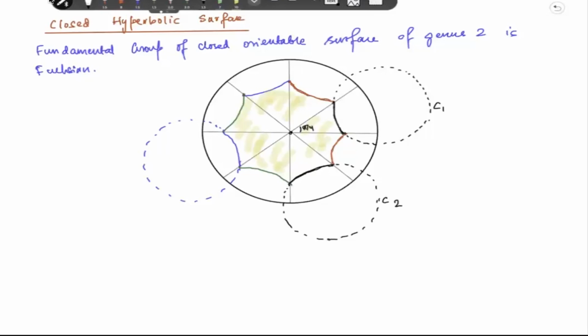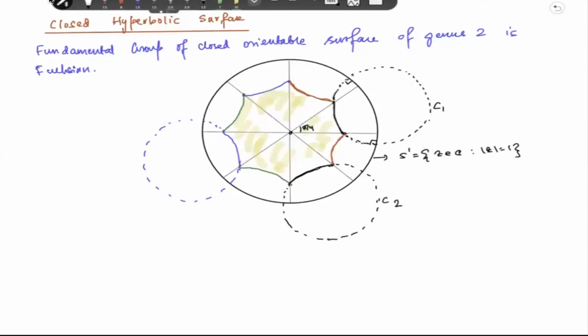Okay. So now the first job is to find an isometry which will take this black geodesic C1 to black geodesic C2. We know that this geodesic is a part of a circle, so you can extend it. This will meet the unit circle, which is the boundary of this unit disk,